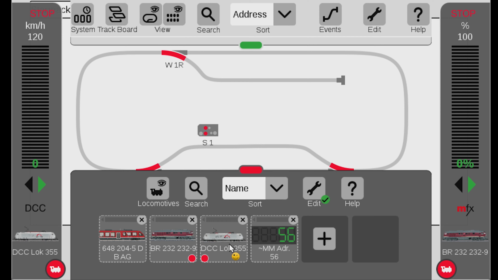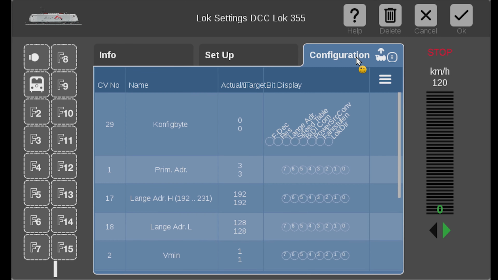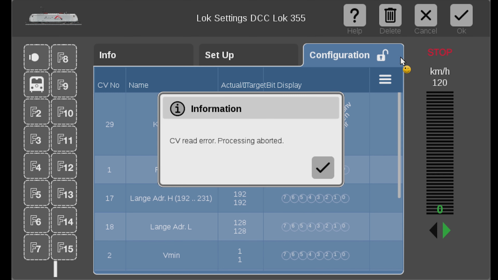So I go in here and I want to edit a DCC locomotive. You see there's the same icon over here on the configuration. Right now it's locked. So I click on this one here. You see now it's actually trying to read from the DCC locomotive. Unfortunately, it will not succeed because I do not have a DCC locomotive on the layout, and you actually see,